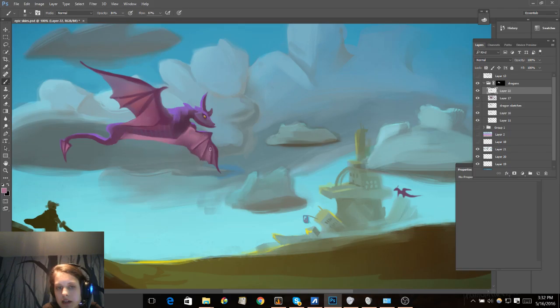I don't know what I'm doing with the edges now. I like to add light edges by dark edges. This is probably